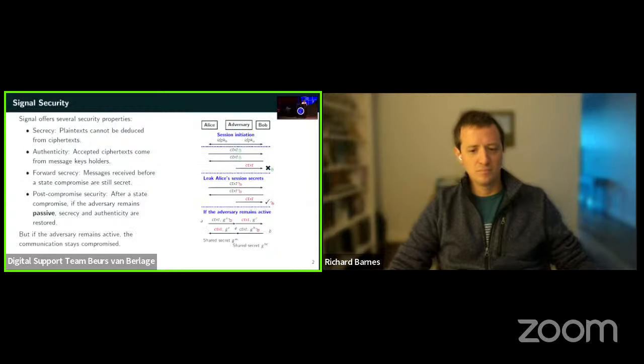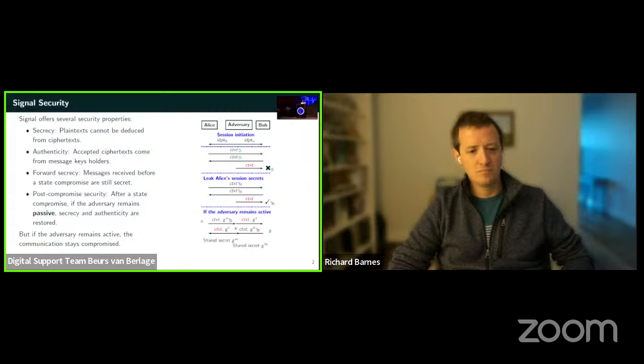But if the adversary remains active, then the adversary can conserve its man-in-the-middle position, which can have some dramatic consequences as sessions are really long-lived in Signal. And he will actually have 2 different sessions, one with Alice and the other with Bob. And there is no way on the in-band channels that Alice and Bob can detect such an adversary. And that is why they need to rely on some fingerprinting mechanism using an out-of-band channel like we saw in the previous presentation.